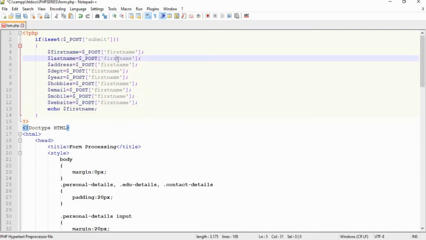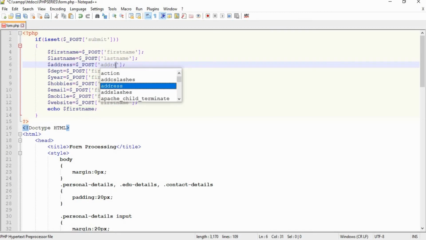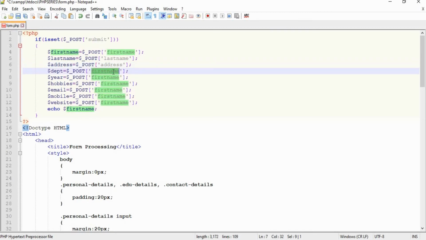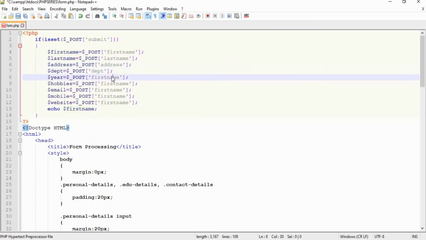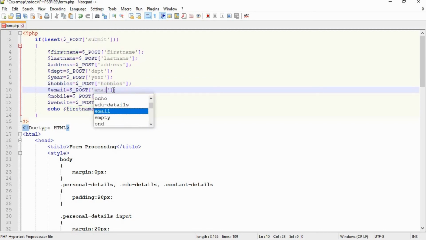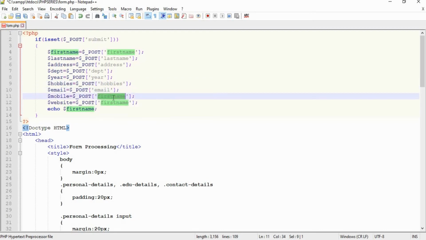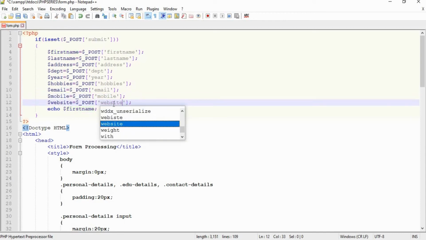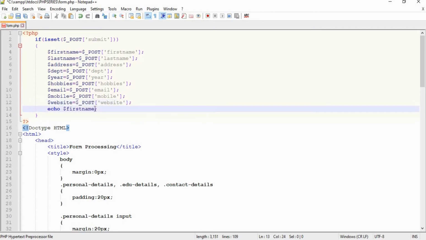Similarly we can change the array value also. Last name, address, department, year, hobbies, email, mobile, website, right? So now what we can do is, we can create a table structure, and inside one column we can have the values as first name, last name, address, and so on,